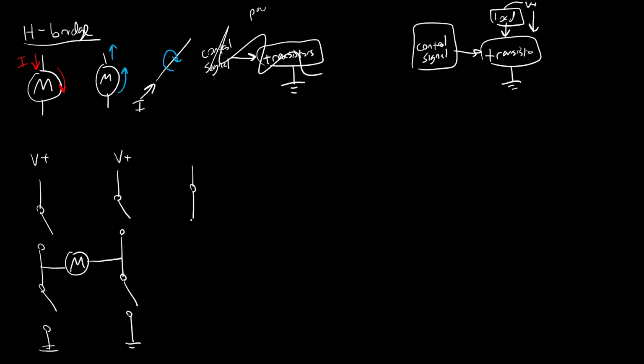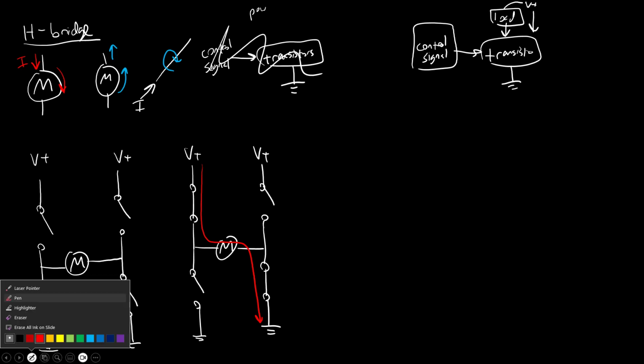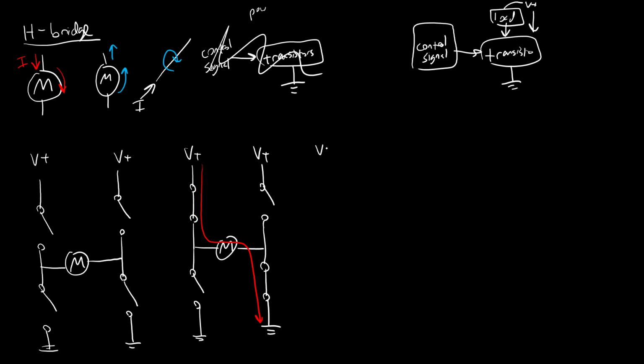Now, I am going to close diagonally opposite pairs of switches here. First, I'm going to close this switch, leave this one open, have my power there, have my motor here, and then I'm going to leave this switch over here open, but close this one. And you can see that I now have a closed path from power through the motor to ground through these two diagonally opposite switches. And if I open those and then close the other pair of diagonally opposite switches,